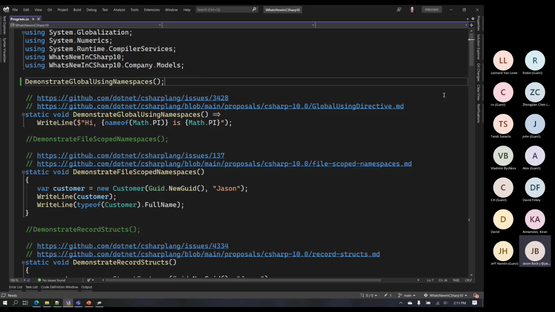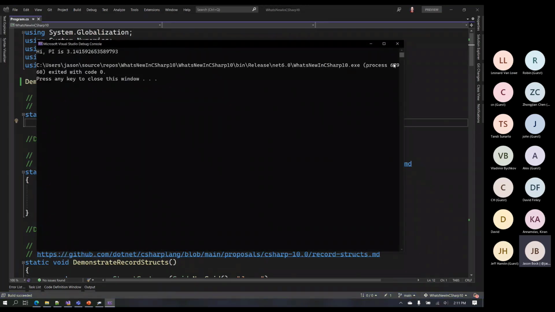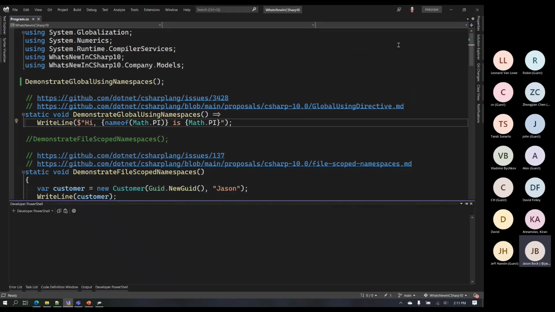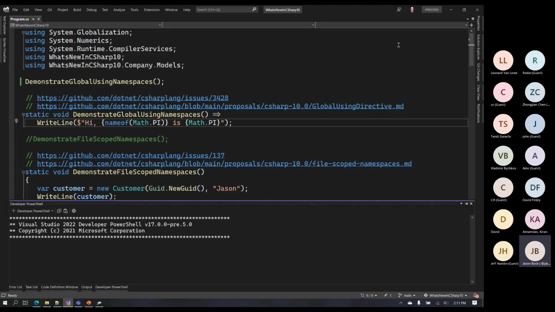If you hear other people from Microsoft talking about C# 10, these are the ones that I've seen them discuss a lot. So in this method, you'll notice that I'm just printing out the name of pi, and then also the value of pi. So if I run this, what I should see is a console window pop up, and it tells me pi is that value, nothing special. By the way, if you're a Visual Studio user, you may not know that Visual Studio has an integrated terminal. That's what I just popped up on the bottom there.